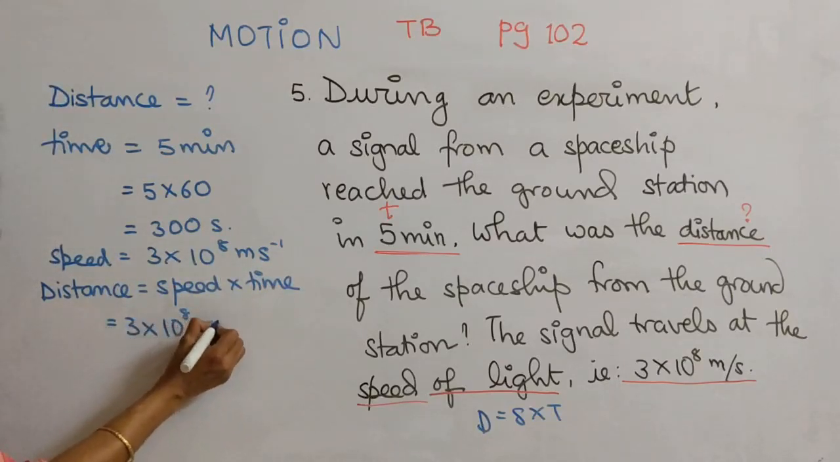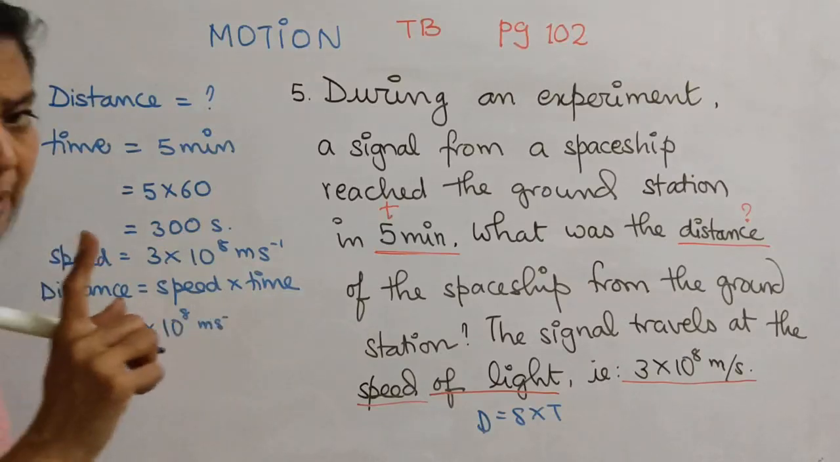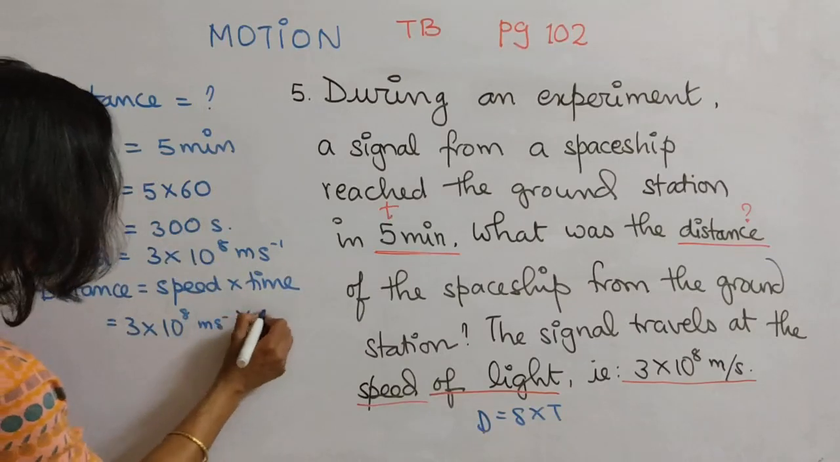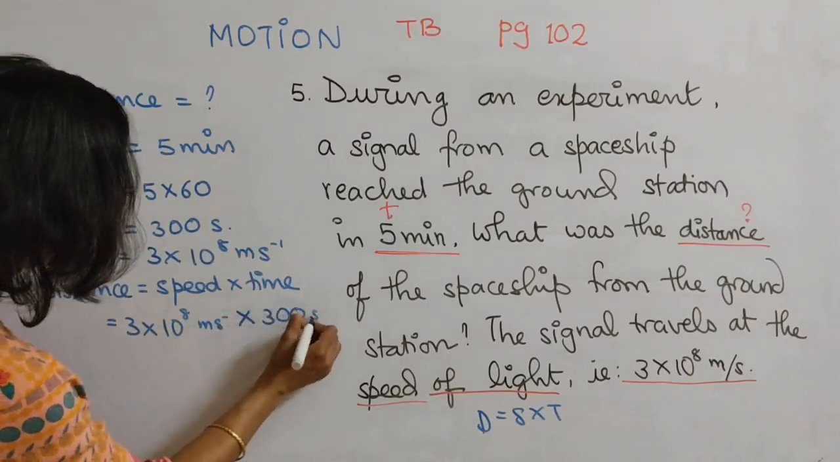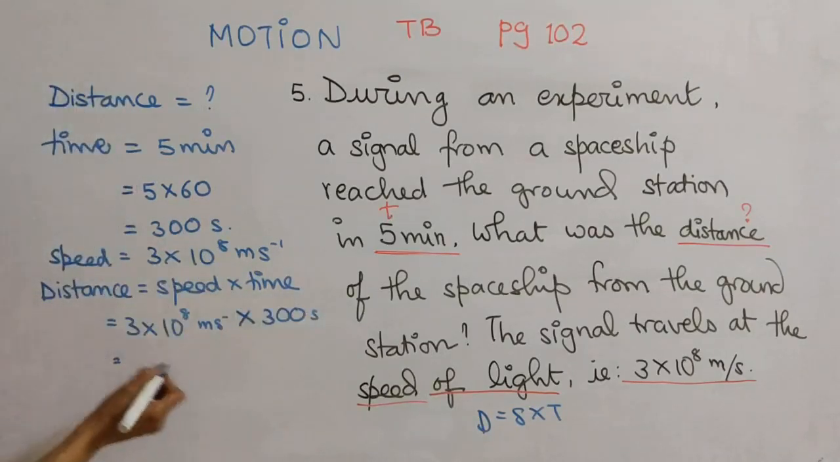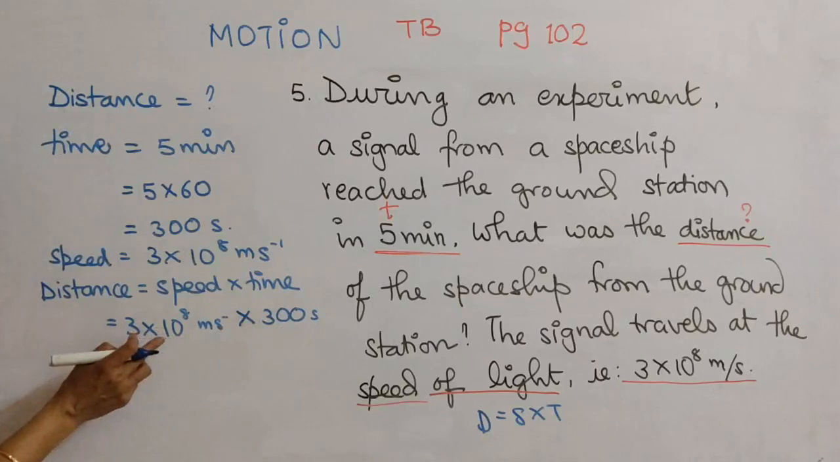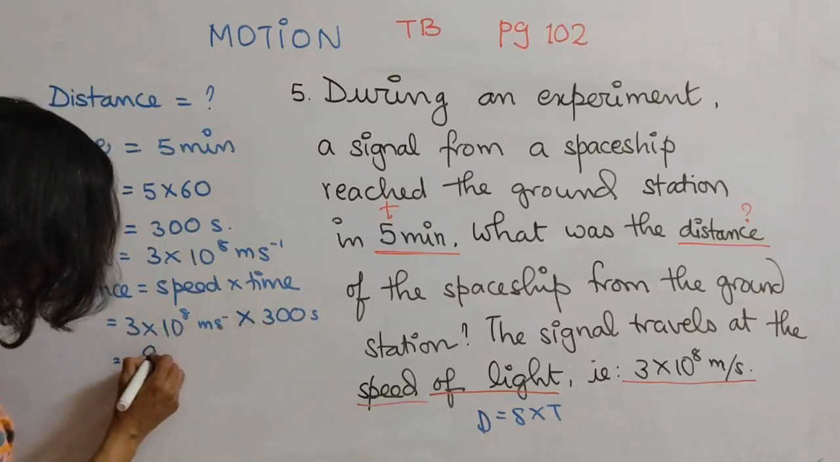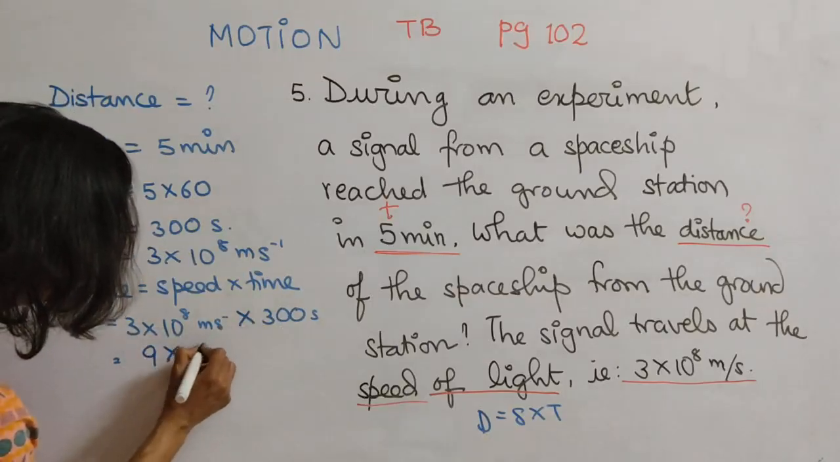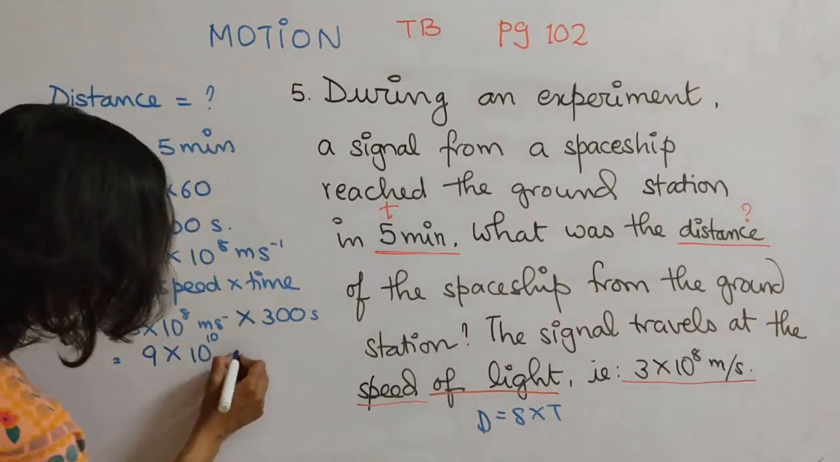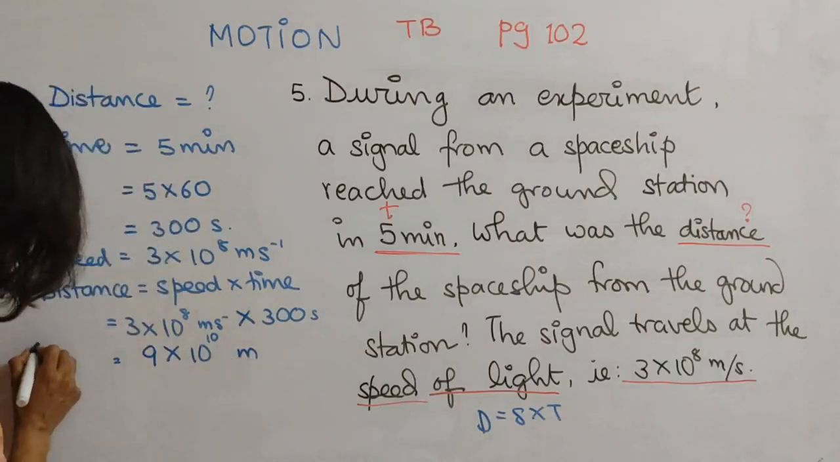It is advisable that in the first step of the numerical, you put the units. Okay, and the time is 300 seconds. So if you multiply, now you can ignore the units. So these two will add on over here. So 3 3s are 9, and the 2 zeros add over here and give us 9 into 10 raised to 10 meters. So the distance is